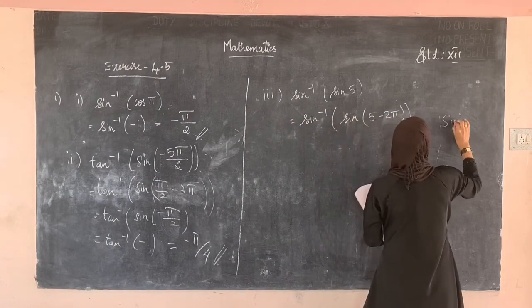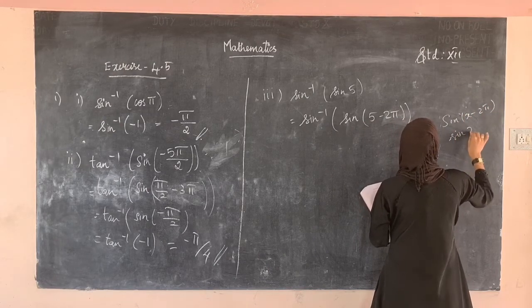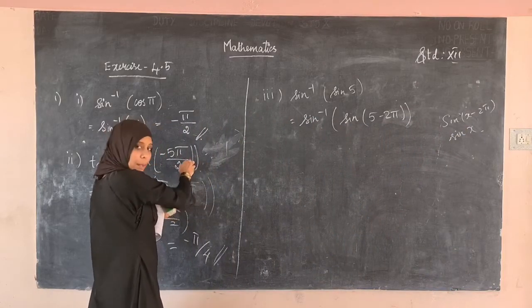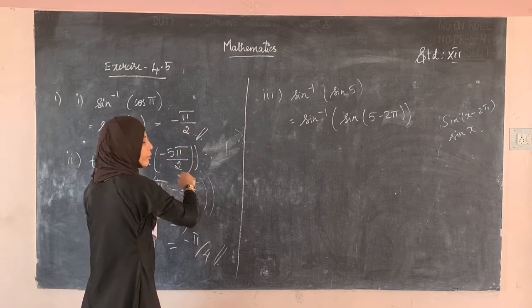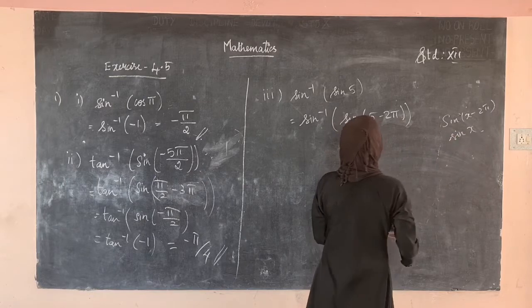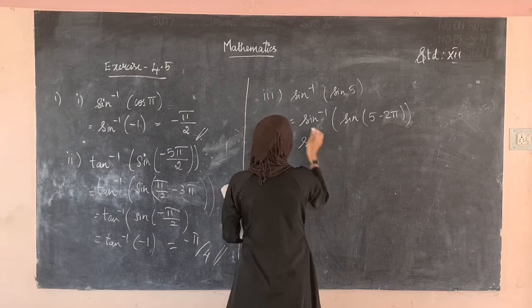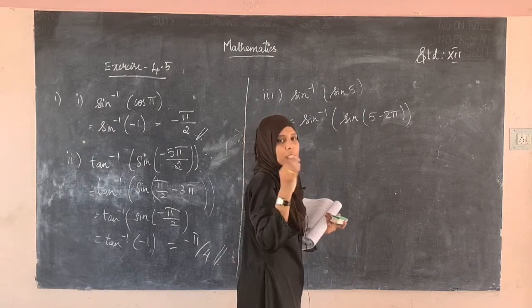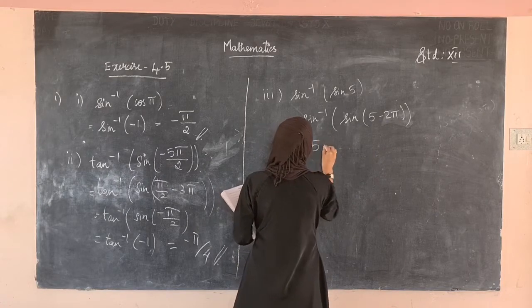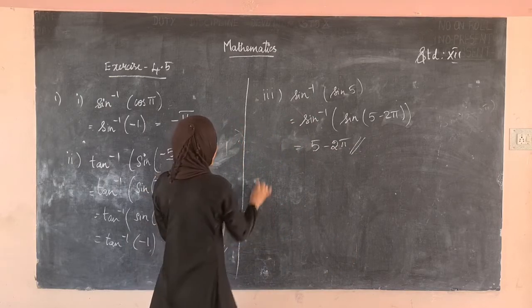See here, sine of x minus 2 pi is sine x. This is an identity. Similarly, here we have shown sine of x minus 3 pi is sine of minus x. See here, sine of x minus 2 pi is sine x alone. So using this identity, and by using sine inverse of sine of x is equal to x, what does it become? It becomes pi minus 2 into pi. This is the value. Now let us move on to the second sum.